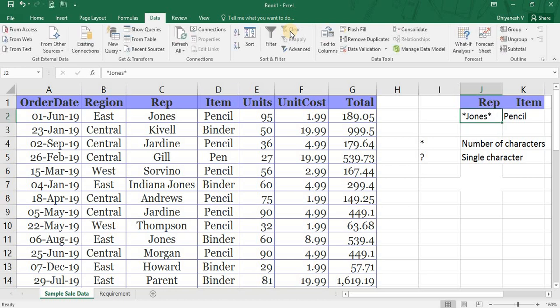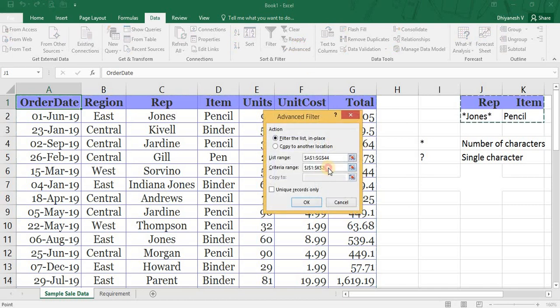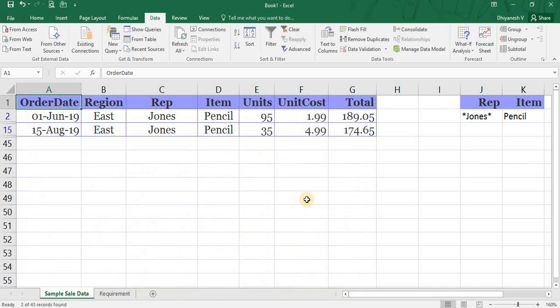I know that his name contains Jones, but I don't know if it is his first name, last name, or middle name. So wherever you find Jones, just filter it. This is my condition. I'm selecting the list range and criteria range, and giving OK.